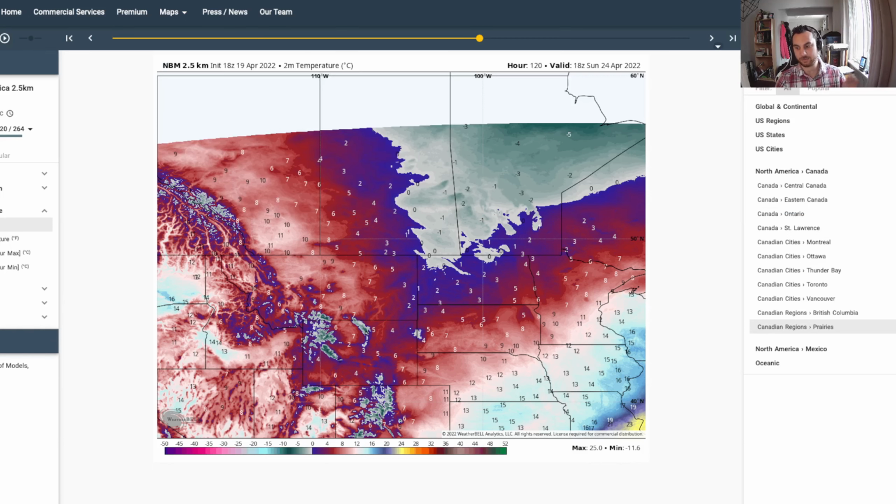The departure of the system, it's going to be a one-day event kind of thing. It'll dump a bunch of wet, heavy snowflakes into western Manitoba and eastern Saskatchewan, and then it moves on. And there's not going to be a huge contrast of temperature on the backside. So now if we